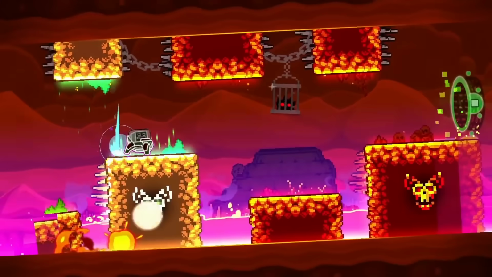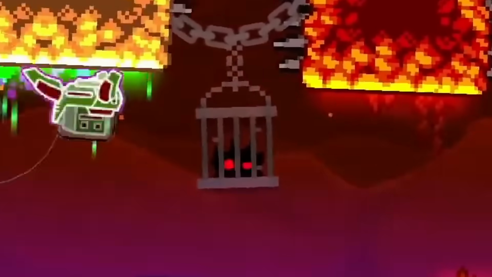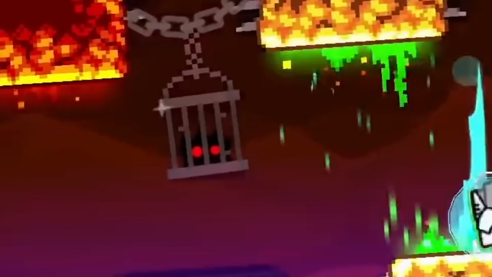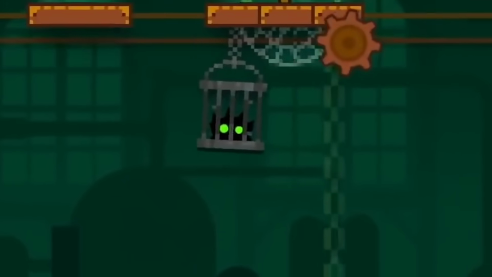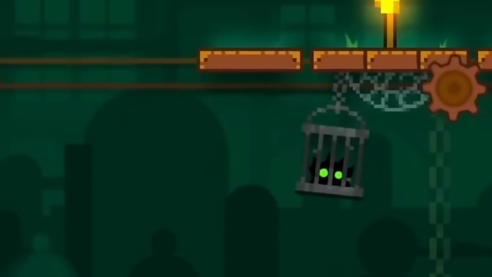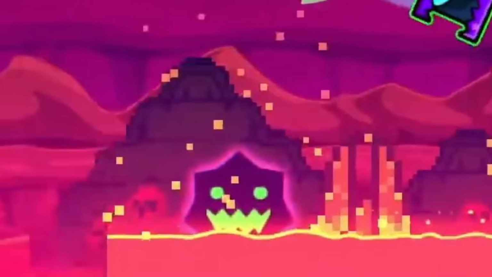One thing you may have noticed is this monster guy swinging back and forth in a cage. Not only is it a cool decoration, but it also implies that 2.2 adds a Geometry Dash monster legal system with some pretty harsh punishments. Now that's world building. Speaking of monsters, on the far left here, you can see a new spiky monster, which